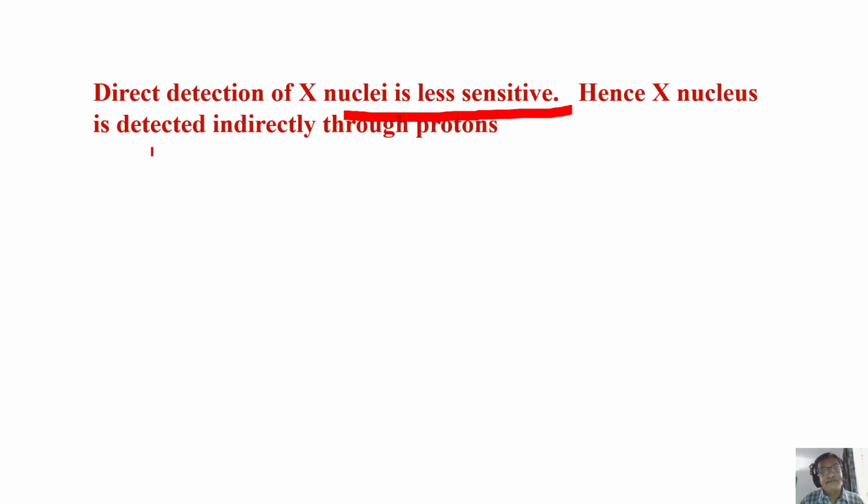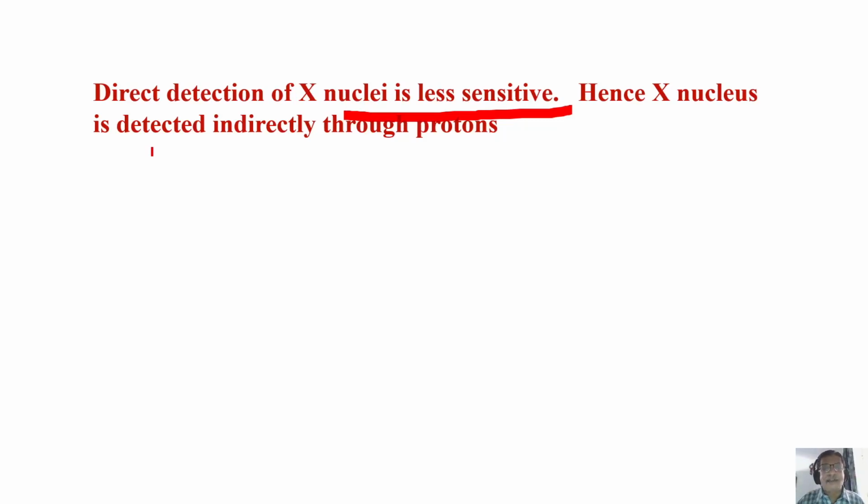On the other hand, what if it is indirectly detected through protons? What will happen with a trick we adapt? Take the proton, give this magnetization to carbon, again take it back. In this process, you can get the information from this carbon. Now we are detecting proton, not carbon. Our detection of proton is much better. You can get the spectrum in less time. That is the advantage. This is called inverse detection of carbon through proton. These experiments are called inverse experiments.